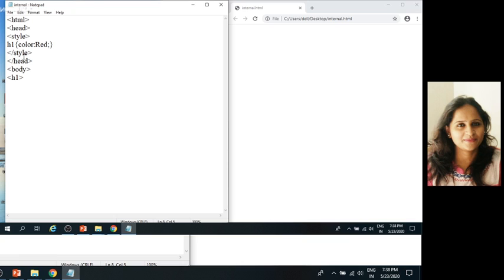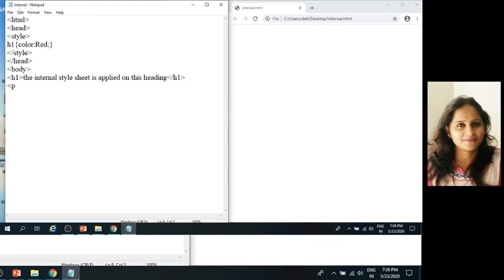H1, heading 1. The internal style sheet is applied on heading. Closing of heading 1.